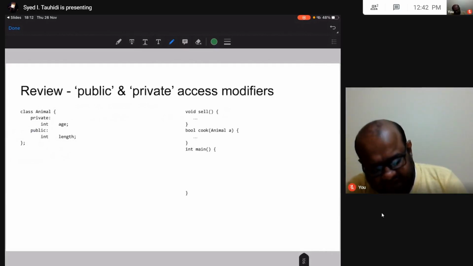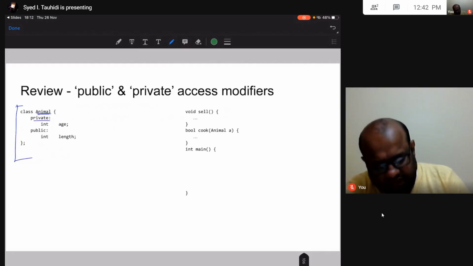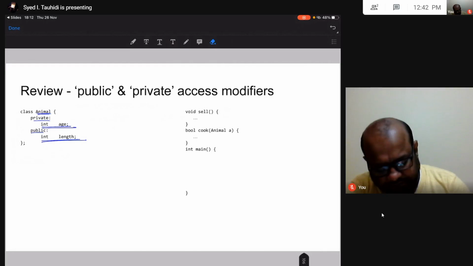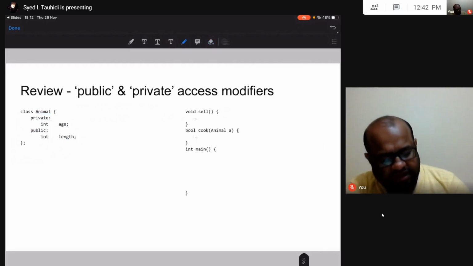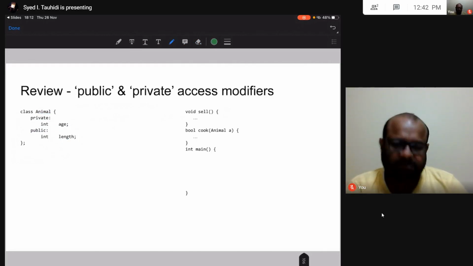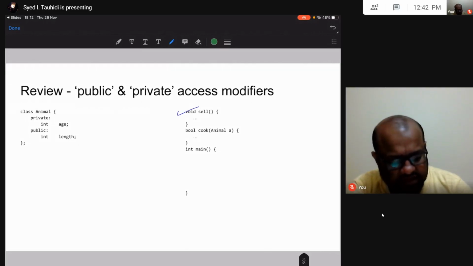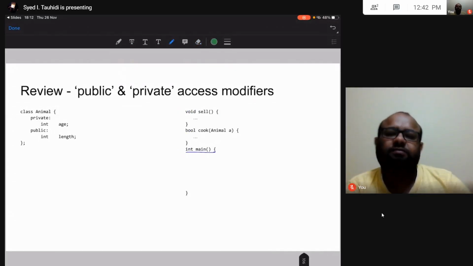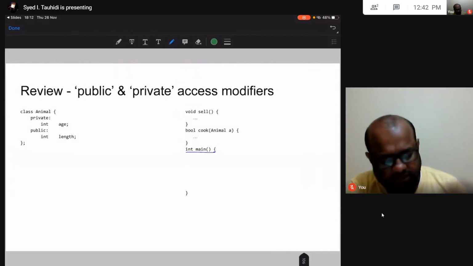Say I have a class like this, called animal. There is a private data attribute called age and a public data attribute called length. This is my entire class. Here is my question. There are three functions shown over here. One is int main, which is the main function that is called when we run any C++ or C program.